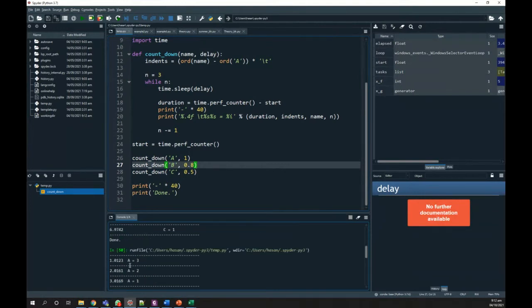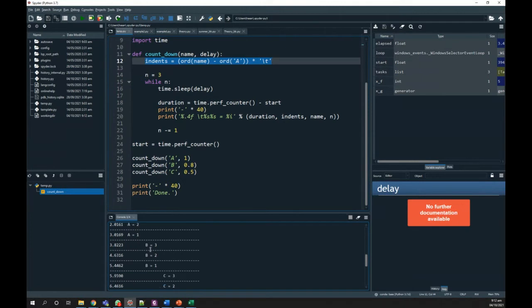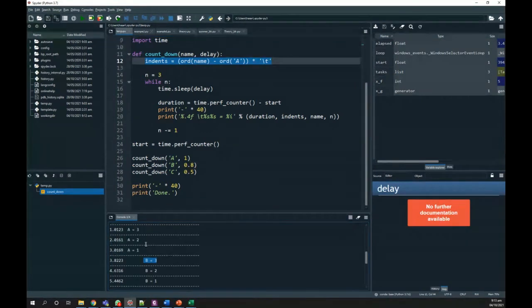So this is basically a sequential program, and the purpose of these indents was just to show you that the first task, or task A, is shown at this place, and then task B is indented and shown at this place, and you can see that this is shown together. So this is just showing that task B will start after task A, and then task C will start after task B is completed. And so all these tasks are basically run in this manner, but this is in fact